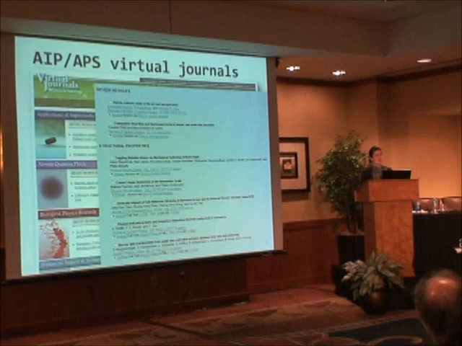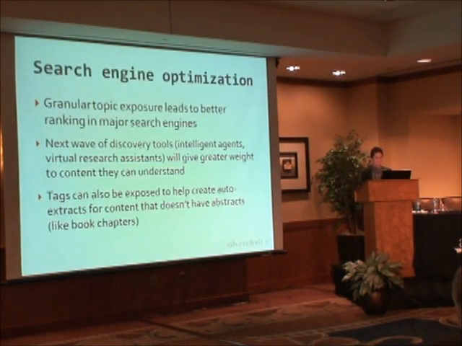But I think AIP has the right idea in understanding that users don't want to just look at one journal to find information about nanoscale science. Ideally they want to find everything in one place, but this is really, I think, a step in the right direction. I don't think you can currently subscribe to one of these journals, but I suspect that that's really just an issue of figuring out what the business model is that makes everyone comfortable. But this is a terrific use of semantic tagging.